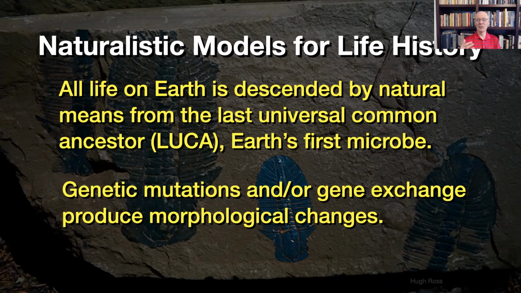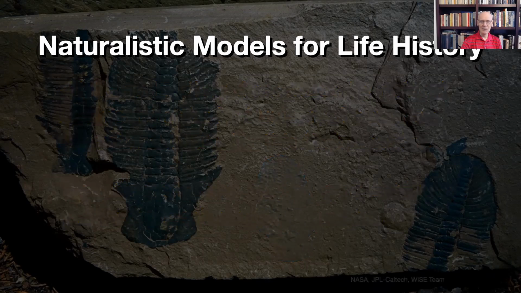Whether that extends into higher forms of life is still debated to this day, but we do see it taking place, at least at the microbial level. And they're saying that through that combination, we can explain 100% of the morphological changes that have happened since the appearance of the first microbe and the display of 8.5 million different species of eukaryotic life forms today. So the claim is that